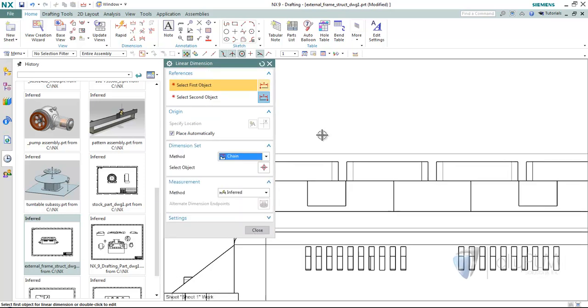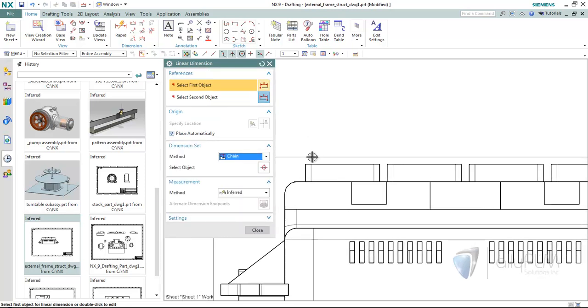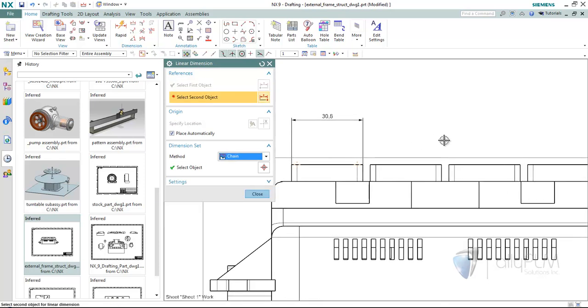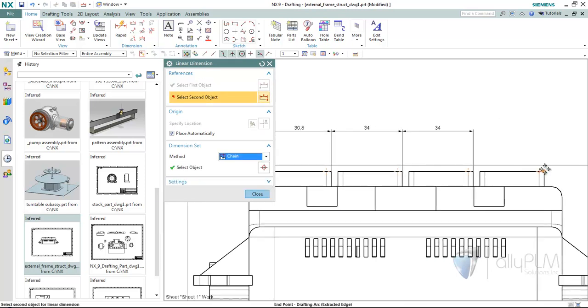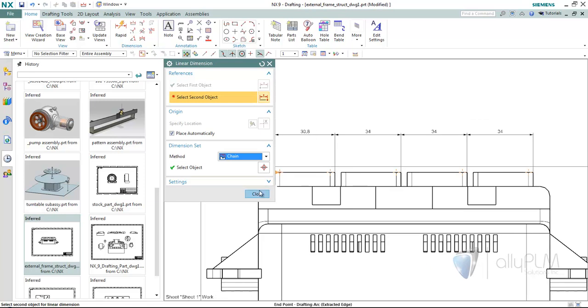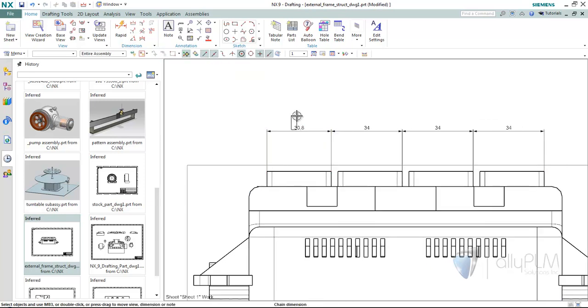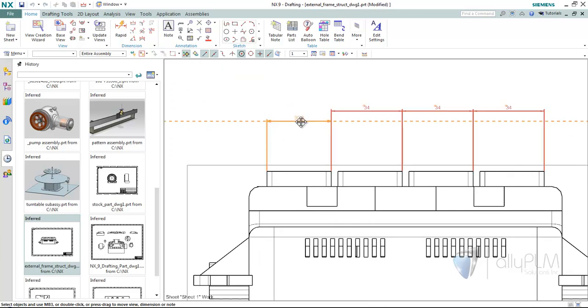So if I go to chain, here I have place automatically again. I'm going to start at this point, go to this point. It's going to throw the first one out there because place automatically is selected. I'm going to grab the second point, and as I make these selections, it's going to change my dimensions. Okay. Obviously, because they're chained, if I pull this guy up using the margins, the other dimensions will track that's